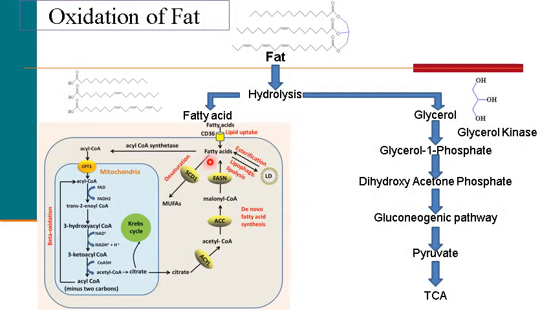So we have seen in the previous animation that this is the dietary fat of the bird food, and this undergoes hydrolysis with the help of lipase enzyme in the small intestine, and breaks down into two components, a fatty acid and glycerol. Glycerol undergoes phosphorylation and is converted into glycerol 1 phosphate, dihydroxyacetone phosphate, and the gluconeogenic pathway, and finally the TCA